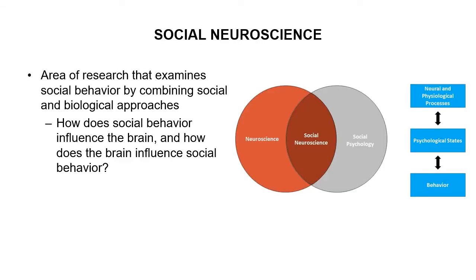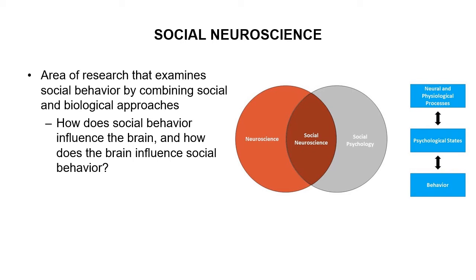Okay, next thing we're going to talk about is social neuroscience. One of my favorites. I told you before, even though my PhD is in one specific thing, the best term to describe me is that I am a developmental social neuroendocrinologist. What does that come down to? That just comes down to the fact that